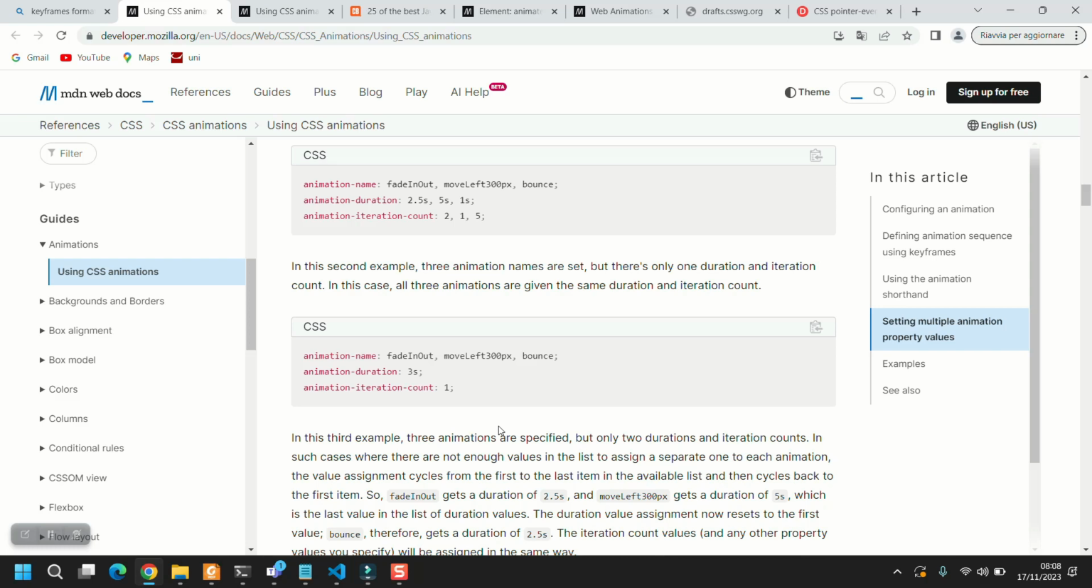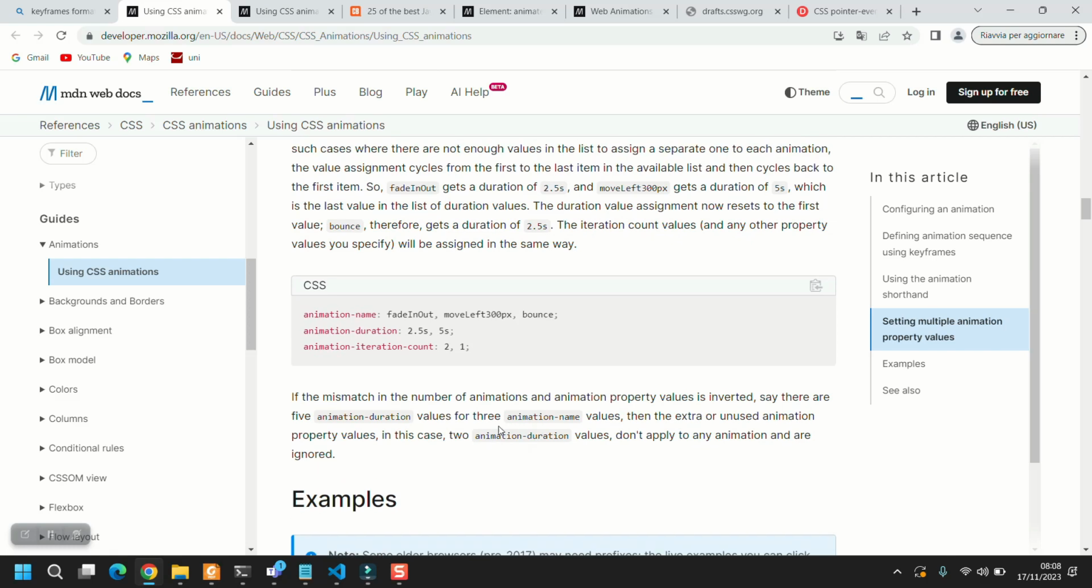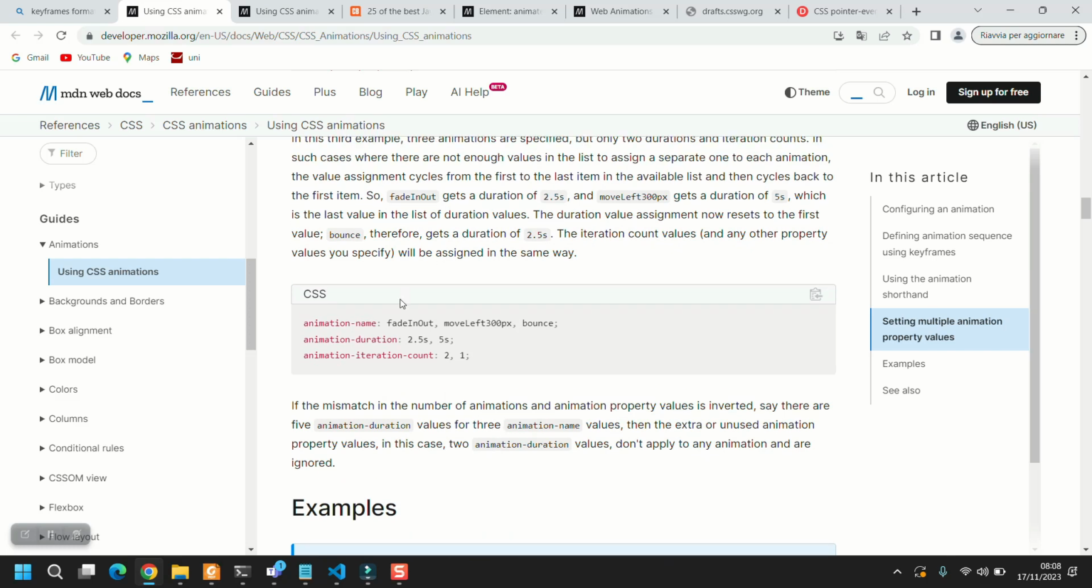This example is simpler since there is one iteration count. This is more, how can I say it, boring, tedious, because we have three elements but only two animation durations. In this case, fade in uses the first, move left the second, and the 5 seconds, bounce the first, because after we reach the last, we return back to the first. If there's a mismatch, blah blah blah. Okay,